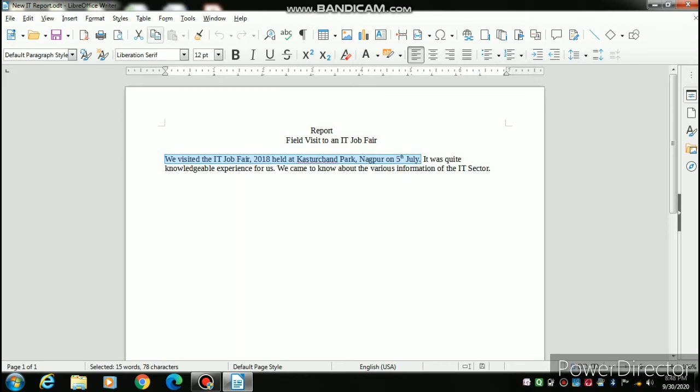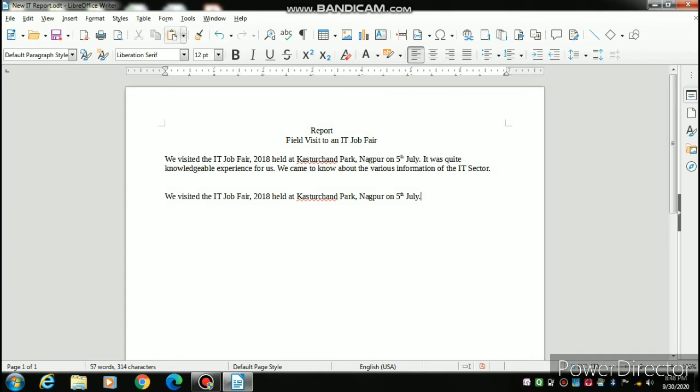Then there is another option. I will go to the standard menu and just click on copy, and where I want to copy, I want to copy it here. Then again I will come to the new location, and this time I will choose paste. You can see the same line, the duplicate text, came over here. This is copy and paste.